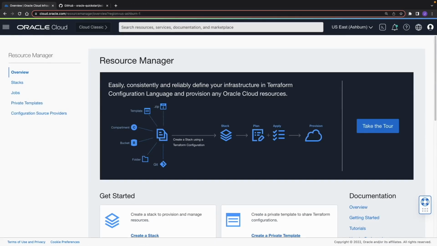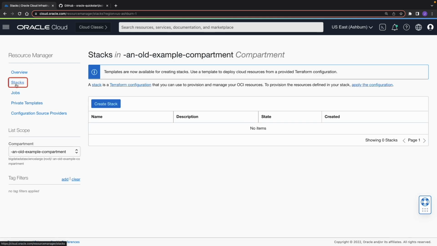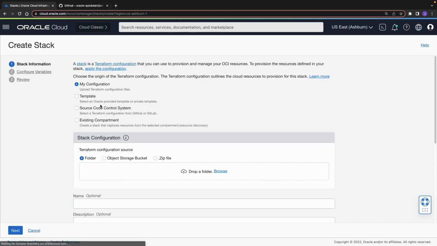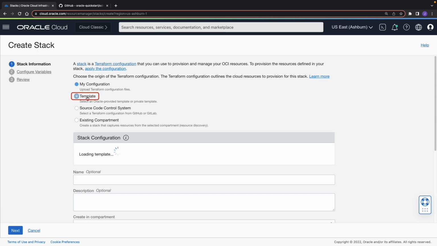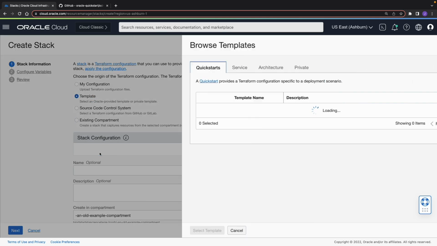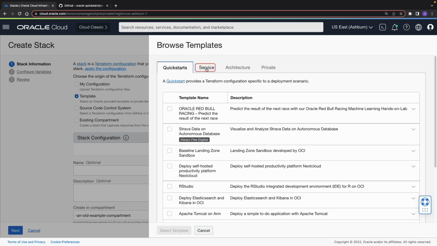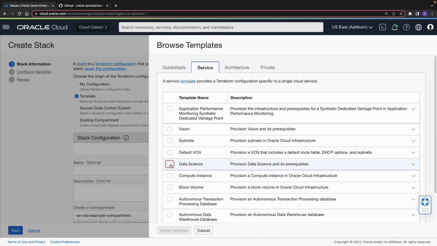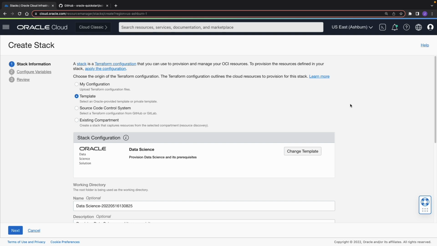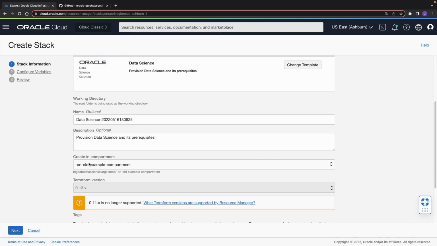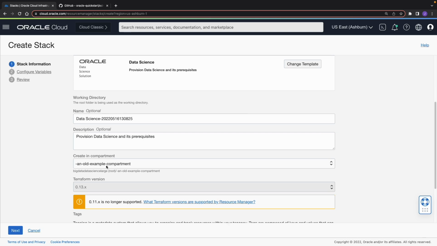Now I'm going to show configuring a tenancy with OCI Resource Manager. Navigate to Resource Manager and then click Stacks. Click Create Stack, select Template as your origin, and select Template. From here, I'll go to Service and choose Data Science, then click Select Template. From here, I can scroll down and choose the compartment that I want to use for my data science resources,